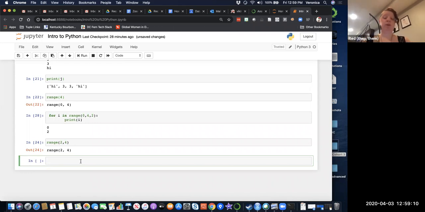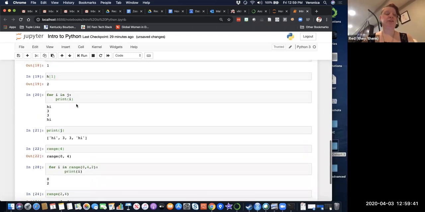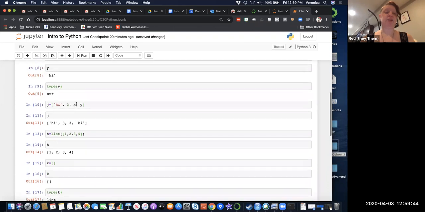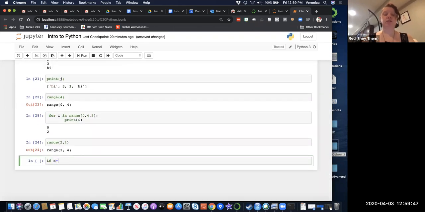So I've done a for loop. Let's do an if statement. An if statement takes in the other type of data that's in Python, which is a Boolean. So it'll take in a true or false statement, and then it does something based on whether the statement you gave it is true or false. So if, and remember we created x earlier, and we said x was 3. So if x